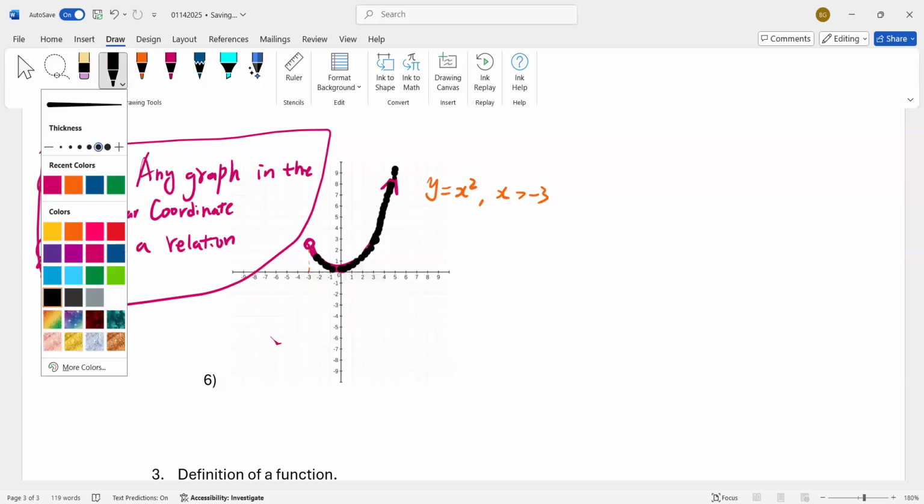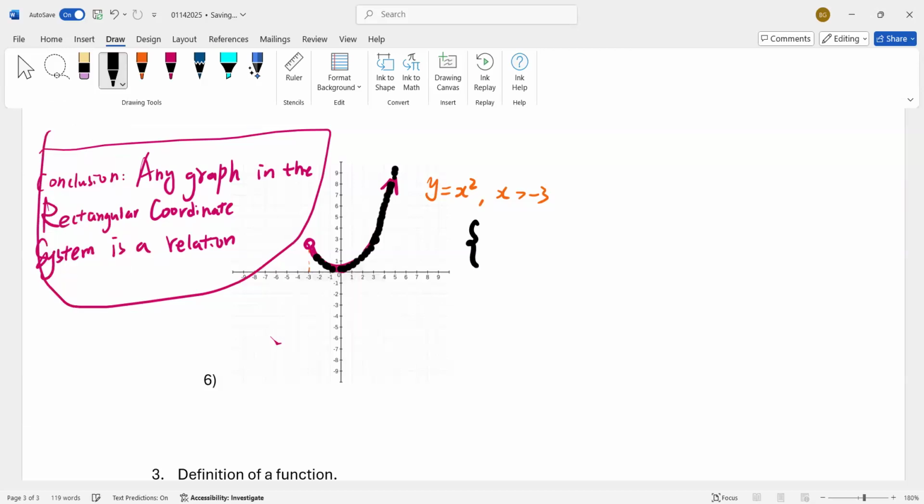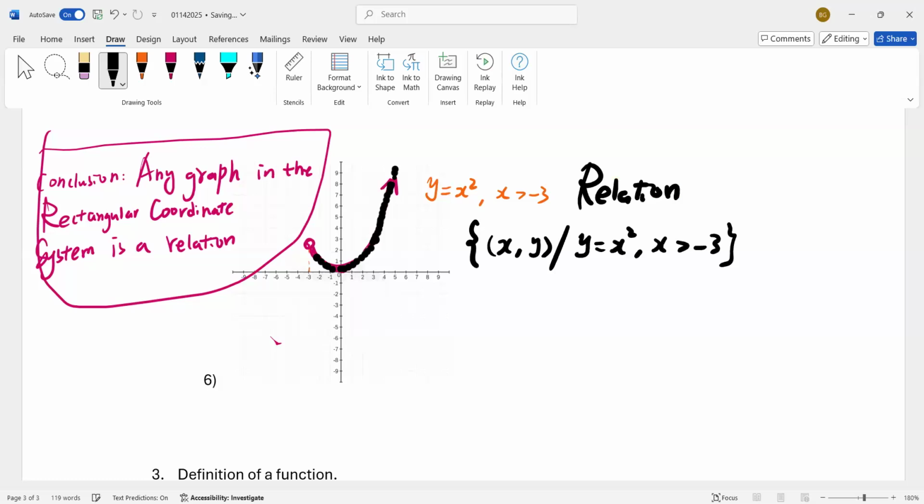I'm just writing it. You don't have to understand it. So I'm going to write this graph as a set of ordered pairs, and those ordered pairs are solutions of this equation. Again, do not worry about that. You only need to see that this is a relation. So now the graph is a relation,